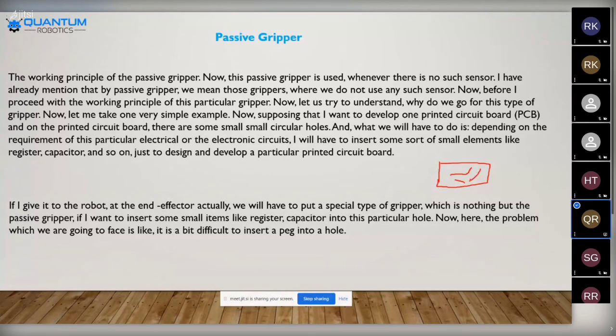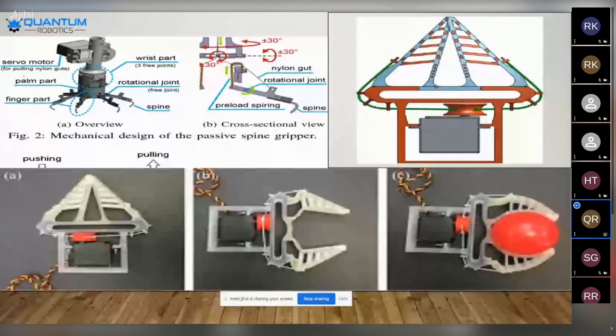And here you can see how it is going to be inserted, and the servo motor will be included for this passive gripper, and a plumb part. The plumb part is like a rotative axis; it can give rotative movements also. The wrist part can use angle rotation, either top to bottom or left to right. The wrist part will be rotated. And the rotational joint is going to rotate in a particular area, either in the clockwise direction or anti-clockwise direction.